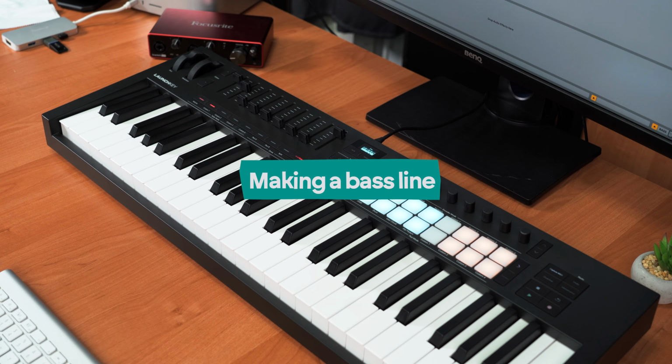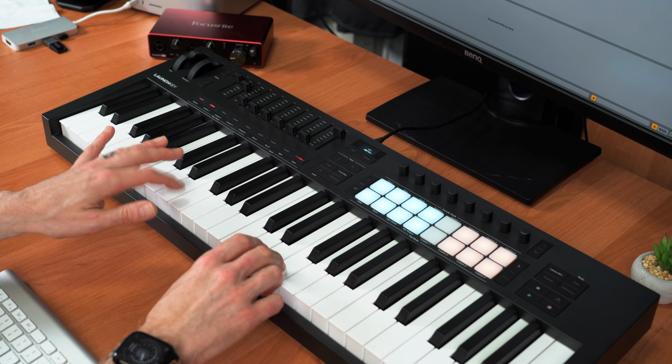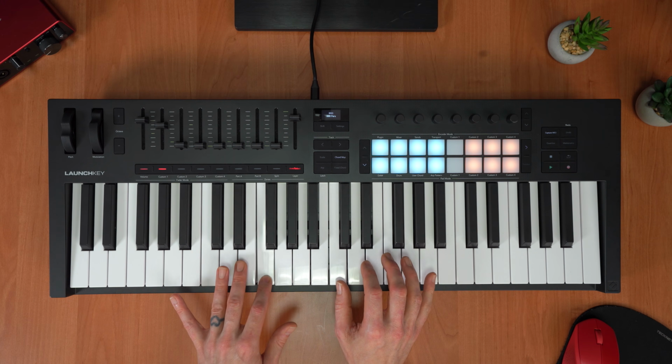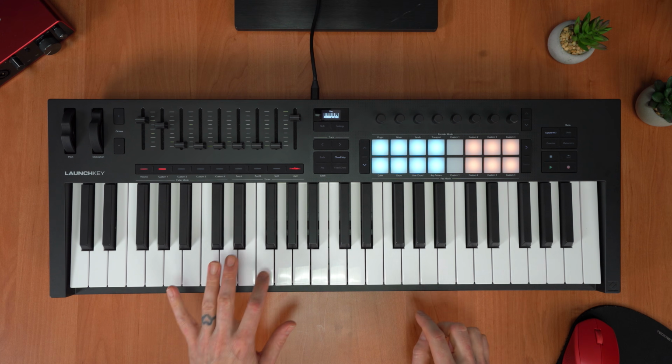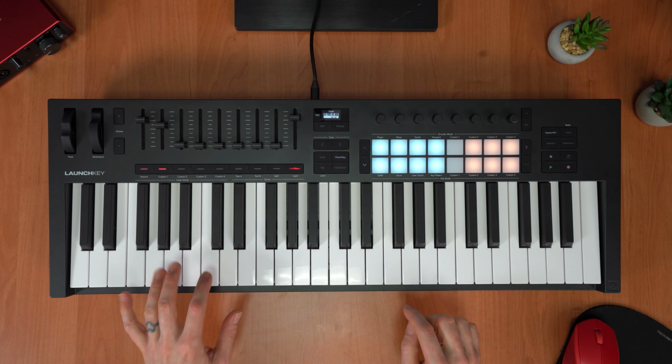One way of making a bass line is just to double the chords, so I've got this 808 sub-bass Drift preset. And whilst I could just play the note corresponding to the chords shown on Launchkey's screen in chord map mode,